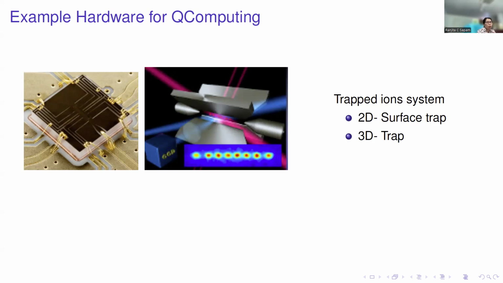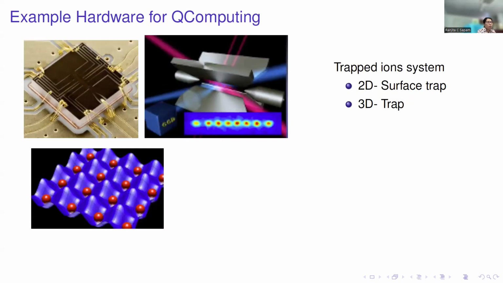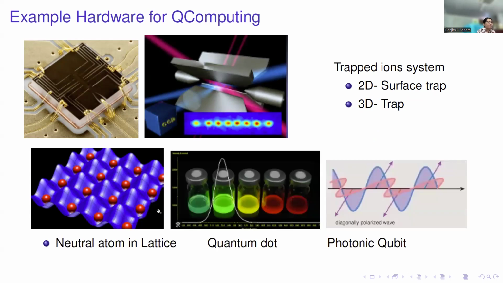We will do the gate operations and implement our algorithms. Similarly, here is a cartoon picture of the neutral atom in the lattice. The lattice is created by the superposition or cross intersections of lasers, and in the nodes or antinodes of the laser superpositions, the atoms will sit. This is how we will mimic the ion atom in a lattice.